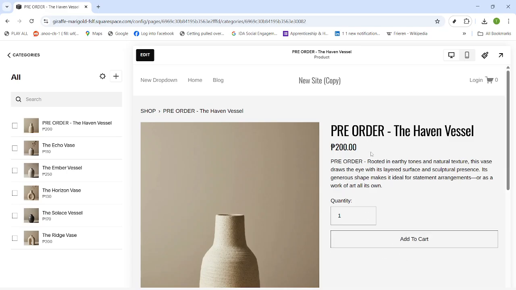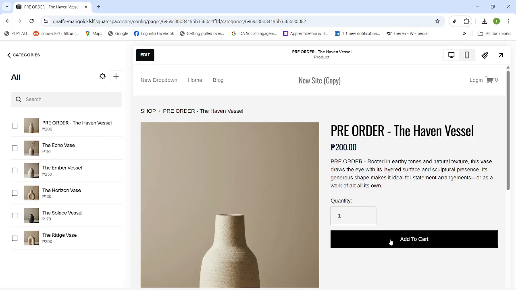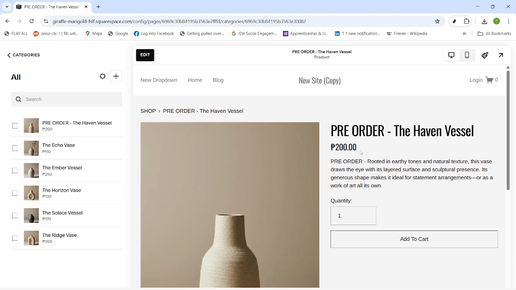And finally, after saving, view the product on your storefront to make sure the note appears exactly where you want it and reads naturally. That's it. You've set up a straightforward pre-order message on Squarespace and given customers